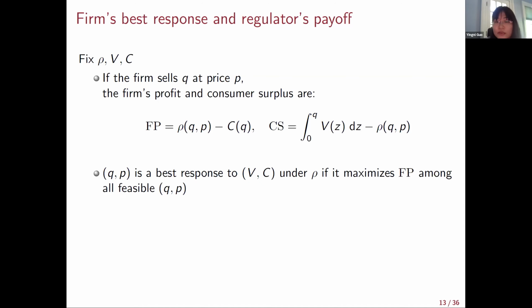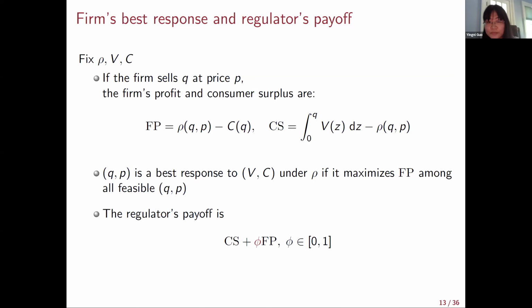Now, we say that QP is the best response to the demand V and the cost C of the regulation policy rho if it maximizes the firm's profit among all the feasible QP pairs that the firm can choose. The regulator's payoff is a weighted sum of consumer surplus and the firm's profit. So phi is a weight for the firm's profit. Now, given this framework,